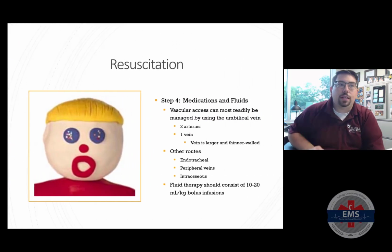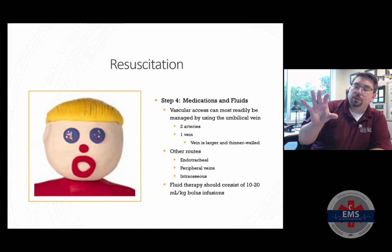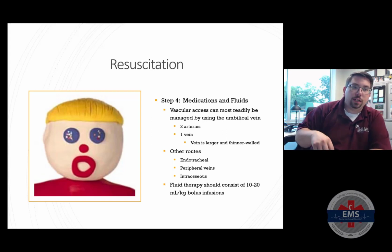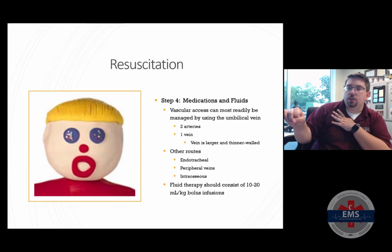Our final step in the resuscitation inverted triangle is medications and fluids. Vascular access can be most readily managed by using the umbilical vein. We know that the umbilical cord is going to have two arteries and one vein. The vein is larger and thinner walled. When you take a look at it, you would grab the umbilical cord and cut it down to about an inch or so that's left, enough for you to be able to secure your catheter. And then you would squeeze that opening, and by squeezing it,